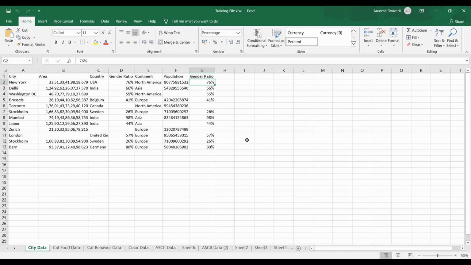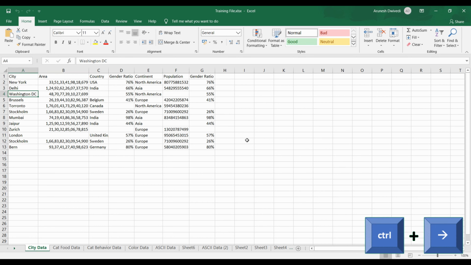So in this row number 2, when I pressed Control and right arrow key, since all the cells were filled between column A and column G, I directly jumped from column A to column G in row number 2. But let's see, what about row number 4? In row number 4, we have a blank cell in column C and we have a blank cell in column F. So if I am in column A and I press Control right arrow key, I will stop at column B because column C is empty.